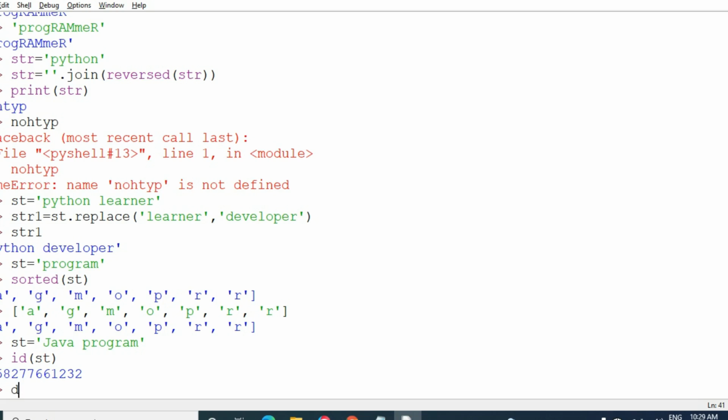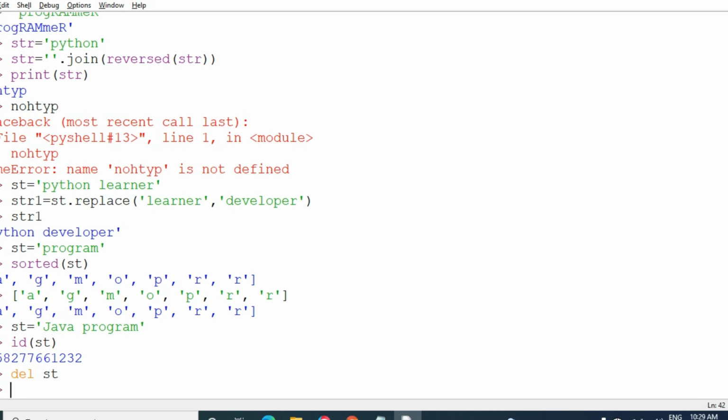Where the string is located, it gives the ID, the location ID of the st, and I am going to apply the del command, del st.